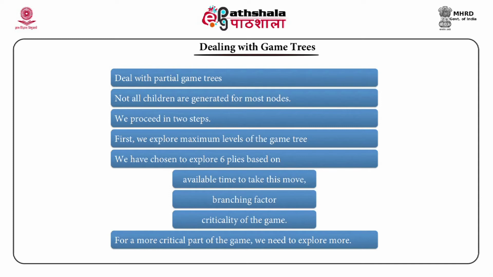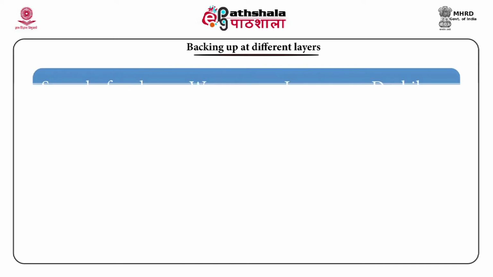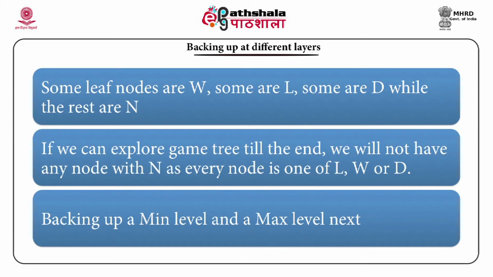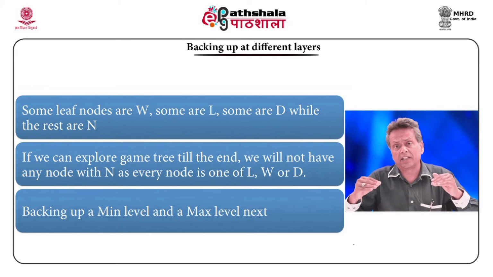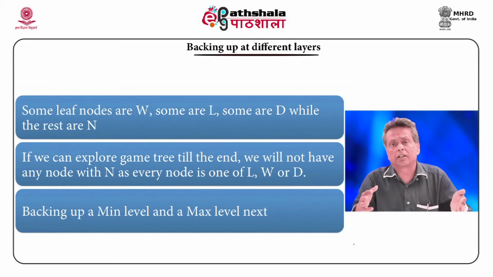If our king is under attack, obviously we'll need to probe a little further. And we have already seen the backing up. We begin with the leaf nodes, then start backing values up. Why do we do that? Because at the leaf node we have the most, this heuristic function or static evaluation function is